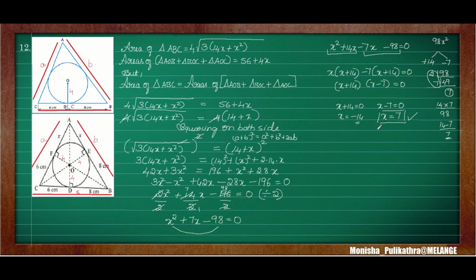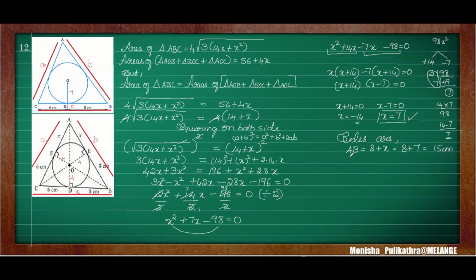Here, what have they asked us to find out, what is the actual question? We need to find out the values of the sides AB, AC and BC. Okay. So the sides are, first is AB. AB is equal to, what is the value of AB? That is 8 plus x. Okay. The value of x is 7. So 8 plus 7 is 15 centimeter.